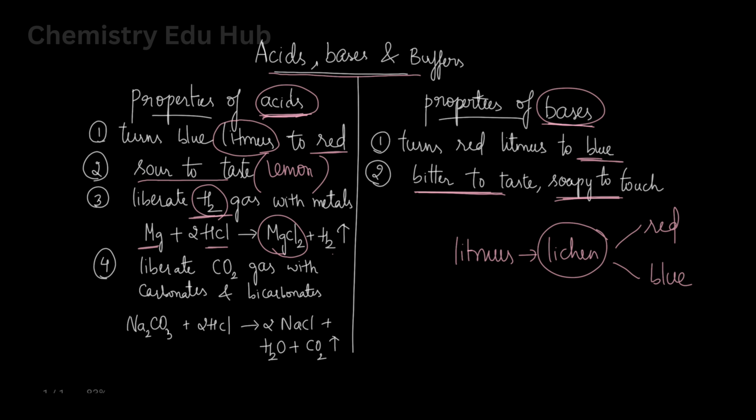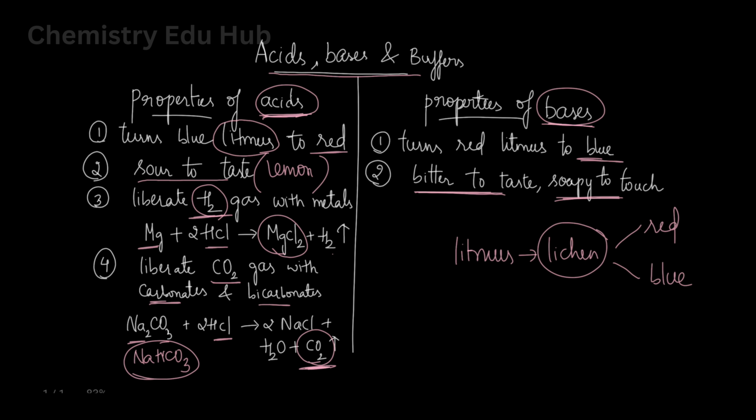And acids also liberate carbon dioxide gas when reacted with carbonates and bicarbonates. What are carbonates? Metal with CO3 is a carbonate. Metal with HCO3 is a bicarbonate. With either of these compounds, when reacted with HCl, they produce carbon dioxide gas. This example is mainly used in the baking of cakes or any bakery items that we eat. They are very soft and fluffy because of the sodium bicarbonate or baking soda that we use, because they produce